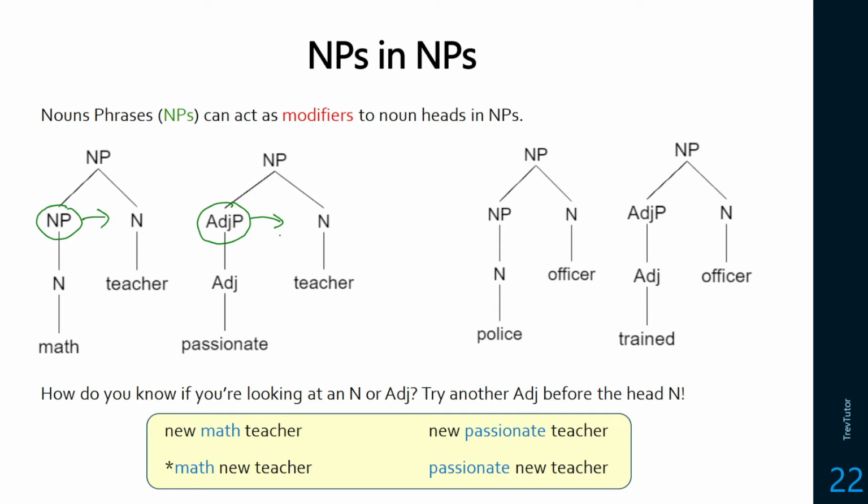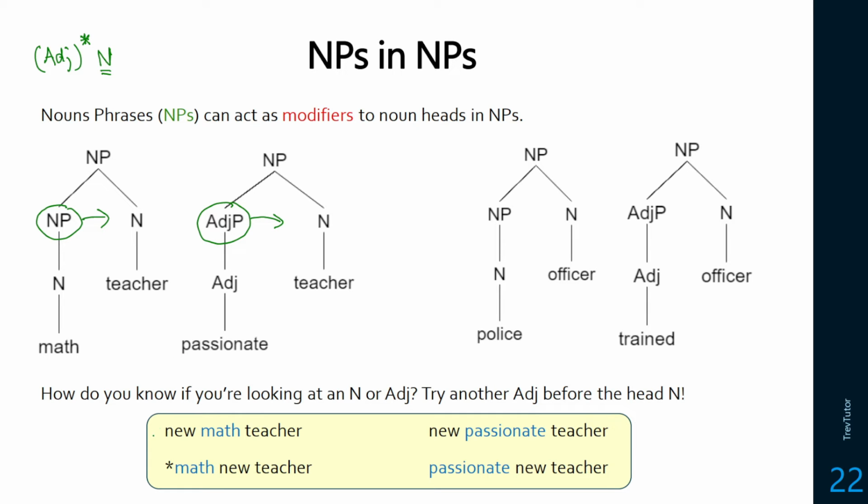Well, this has to do with how the structure of nouns and noun phrases work. So within a noun phrase, we can have any number of adjectives. So I put this in brackets to mean it's optional. I put a star above it to mean any number of nouns. And then we'd have to have our noun. So our string of nouns or our compound noun, whatever we have. So if we want to see if math is an adjective, we should be able to put an adjective before it or after it, and it should be fine.